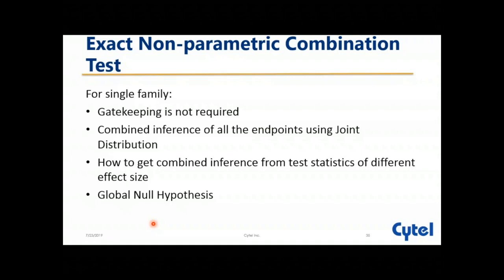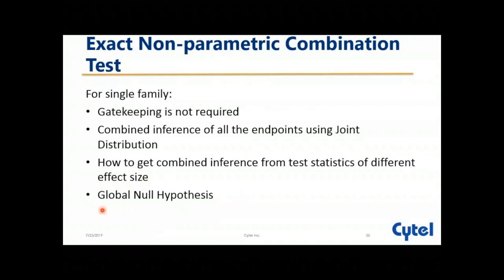So we cannot say for endpoint 1, yes, for headache, it's working better. For dizziness, it's not working better. So we cannot say that. We want some combined inference. So how to get this combined inference? When we have different endpoints and different effect sizes, different test statistics, finally, we want some global